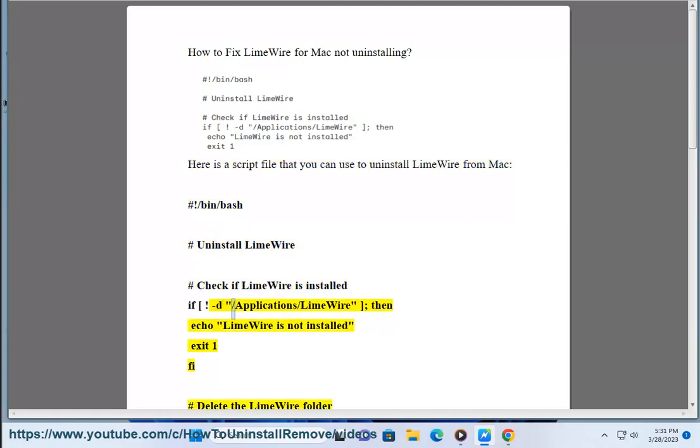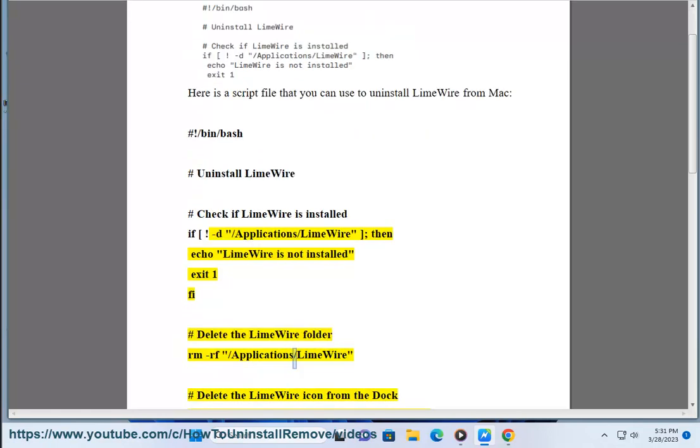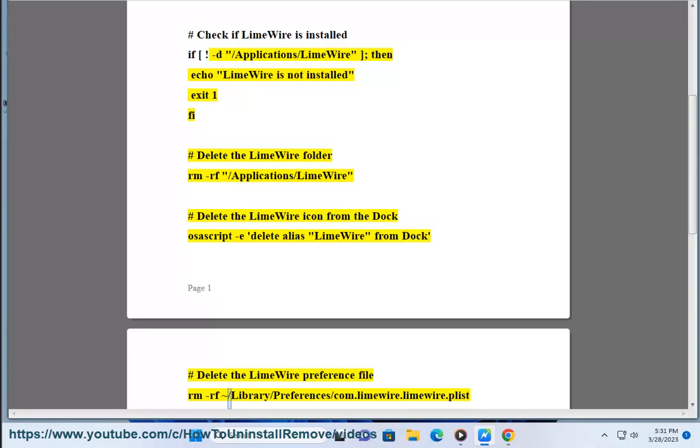If [ ! -d /Applications/LimeWire ]; then echo LimeWire is not installed. exit 1 fi #delete the LimeWire folder rm -rf /Applications/LimeWire #delete the LimeWire icon from the dock osascript delete alias LimeWire from dock #delete the LimeWire preference file